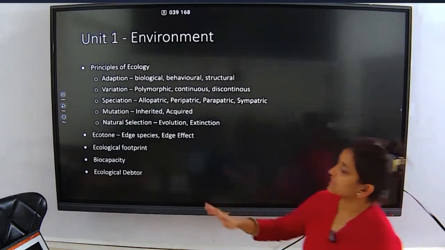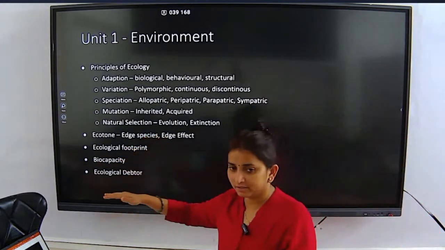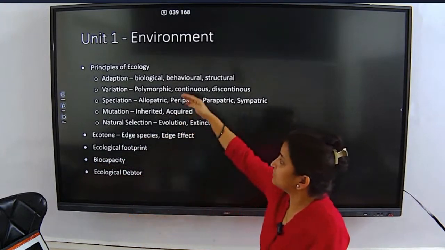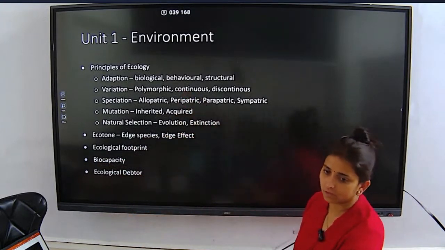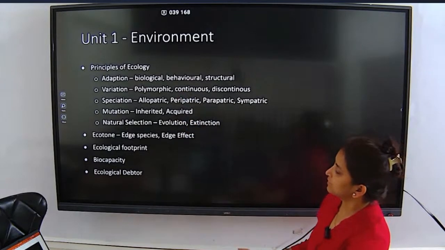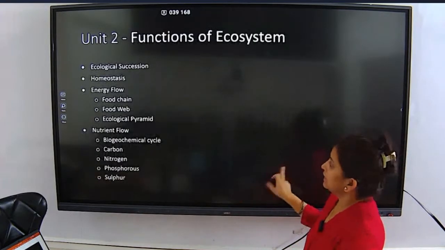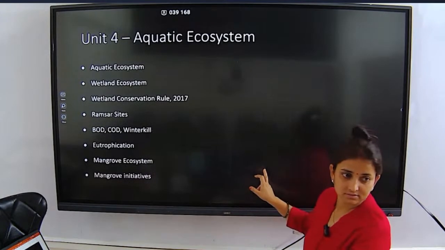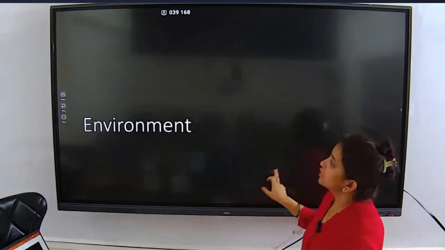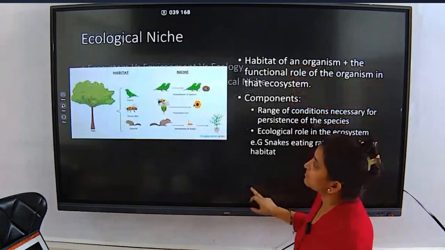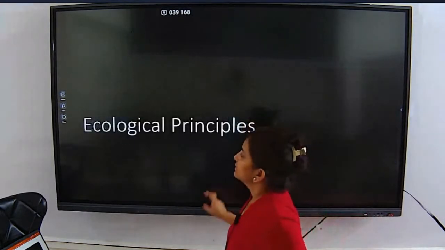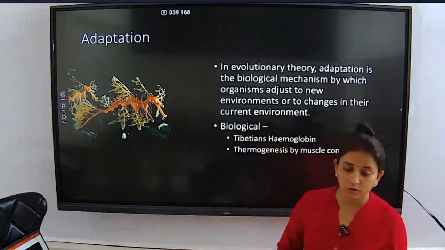So now, did you understand? We have covered the first half, environment, ecology and all that, and we will be shifting to this part now. Okay, principles of ecology. Can I change this slide? Done, right? So I was saying that in principles of ecology we will basically be reading why an organism